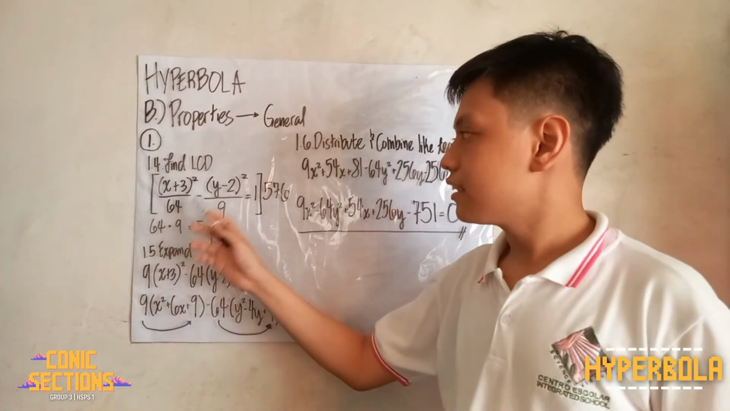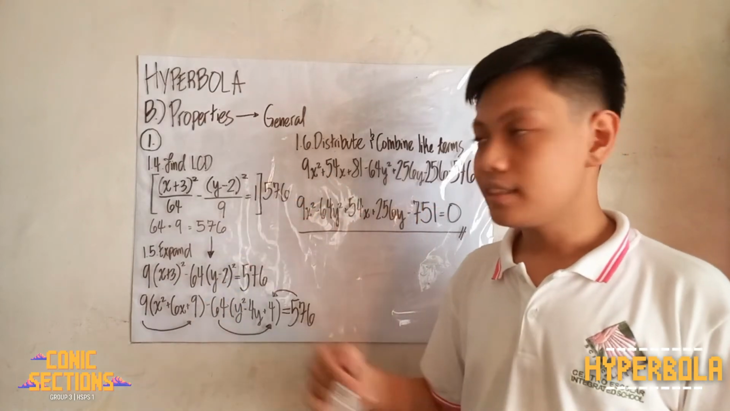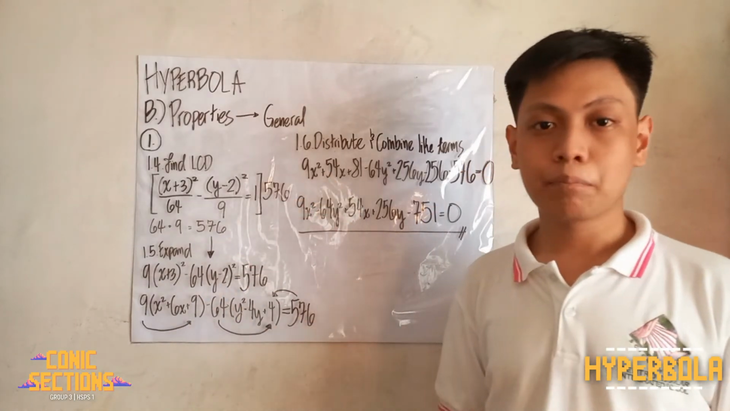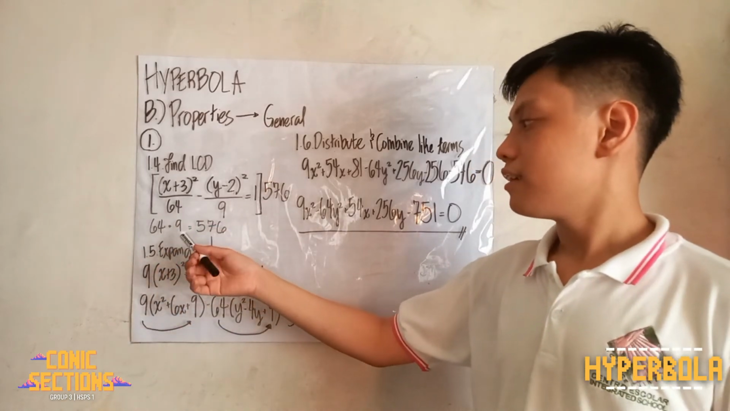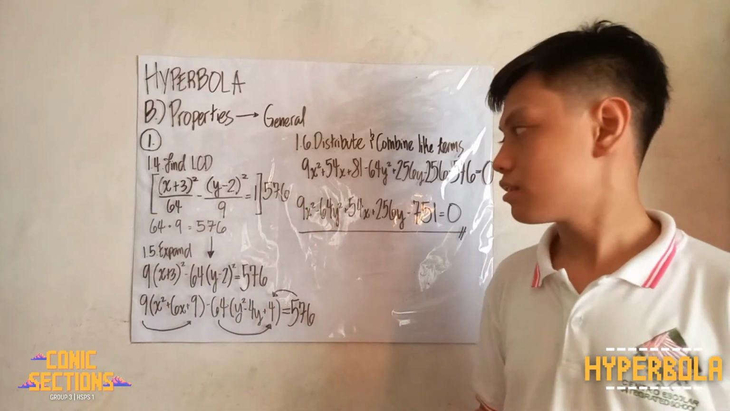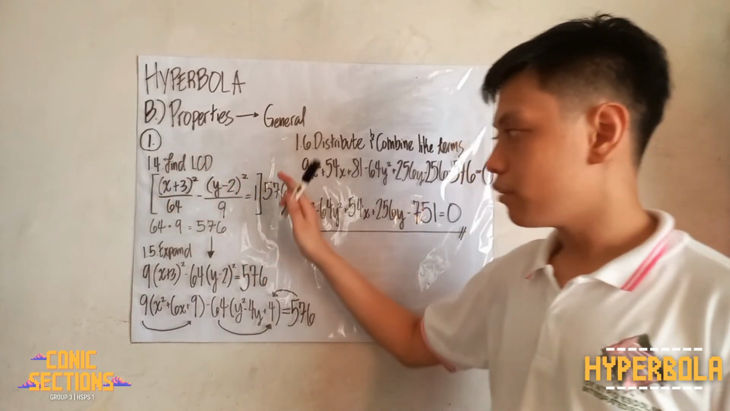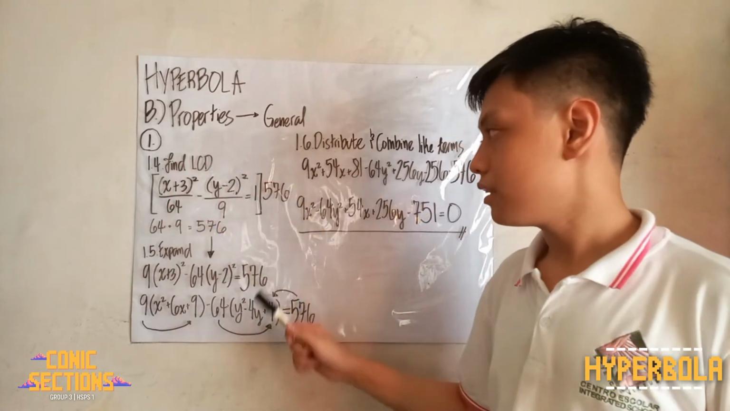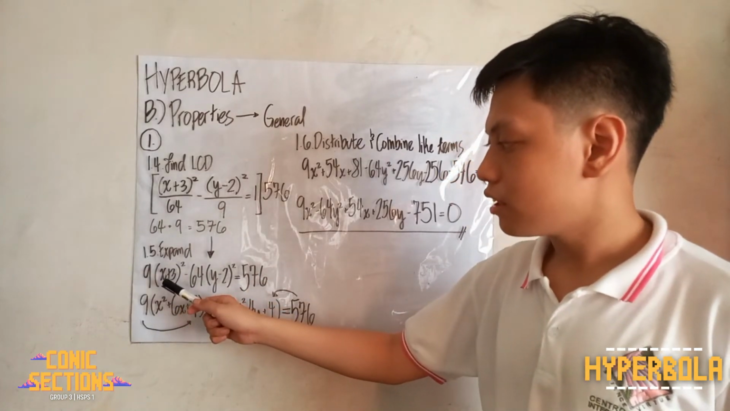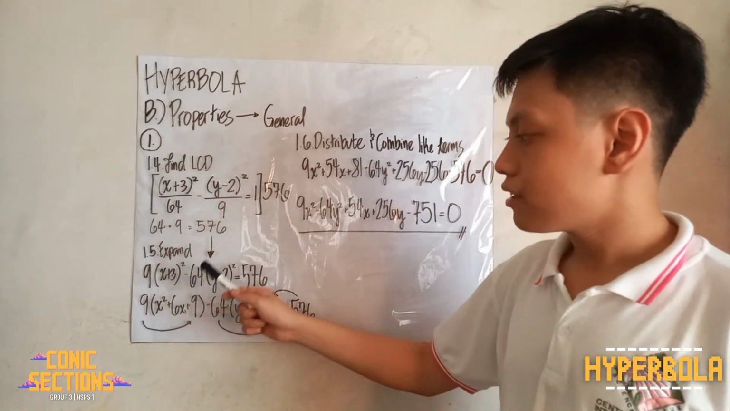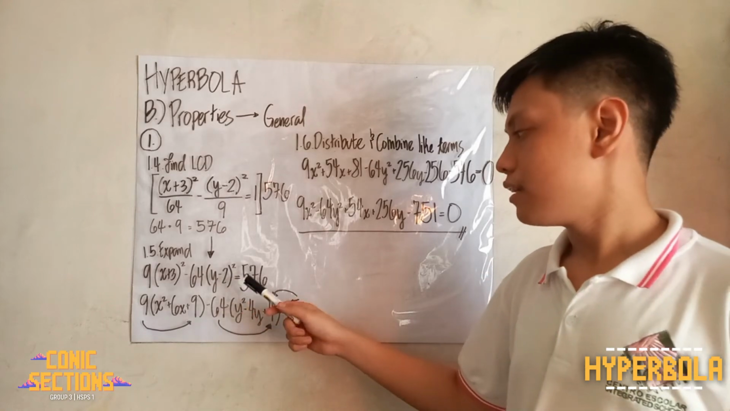Now, after finding the standard equation of the hyperbola, we need to find its LCD. You can find the LCD by simply multiplying the denominators together. So 64 times 9 is equal to 576. You need to multiply this LCD to the whole equation, both sides of the equation. And you will end up with this equation. You'll have 9 times the quantity x plus 3 squared minus 64 times the quantity y minus 2 squared is equal to